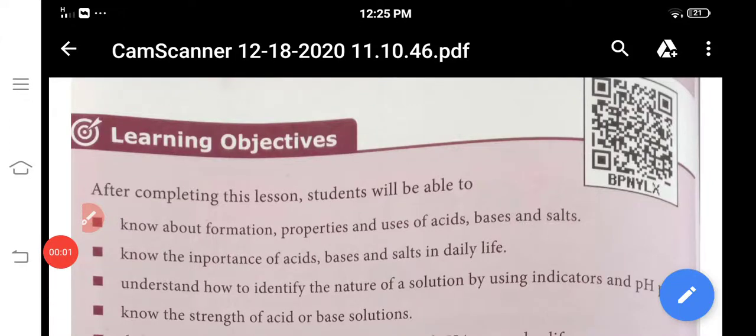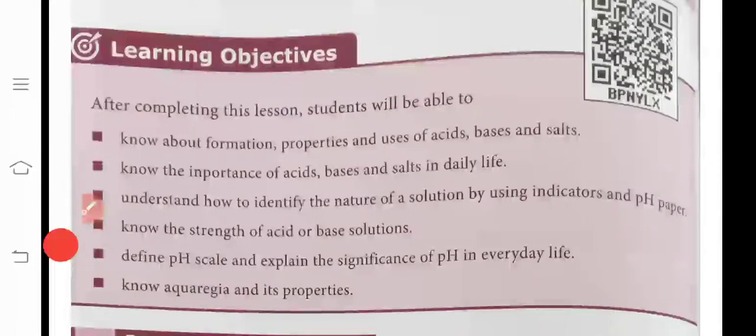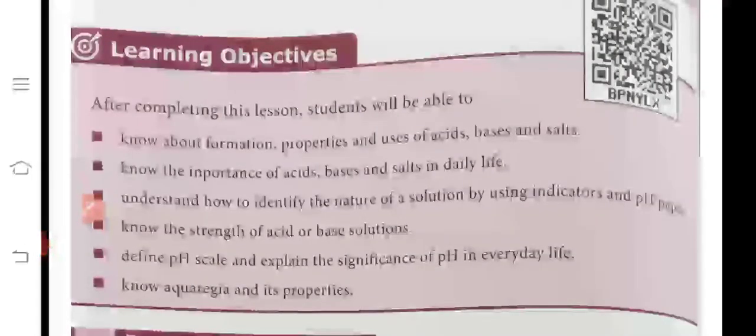Good morning children, today we are going to discuss the lesson Unit 14: Acids, Bases and Salts. First, we see the learning objectives. What are the learning objectives? After completing this lesson, you are able to